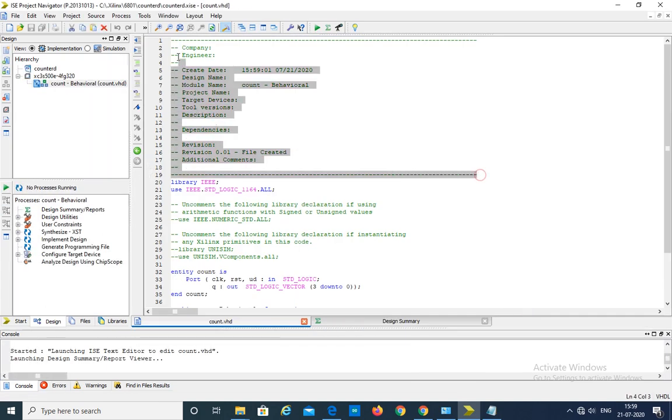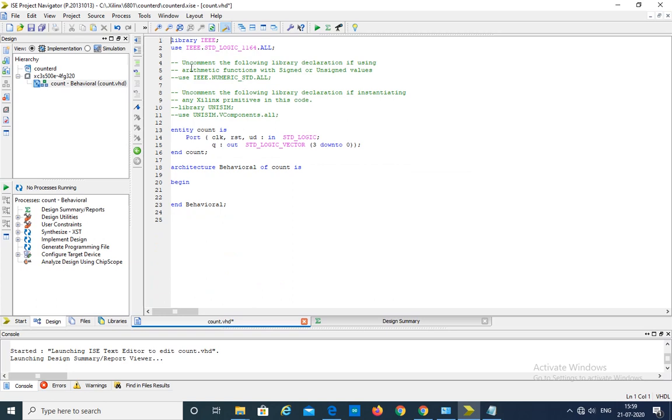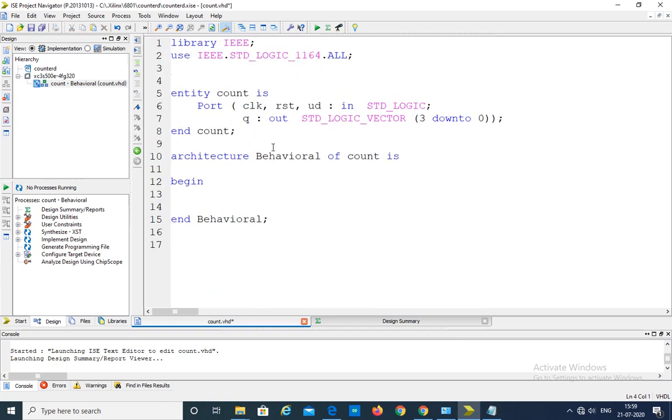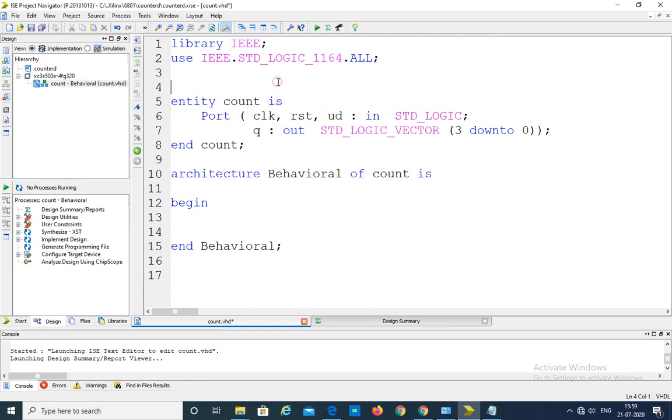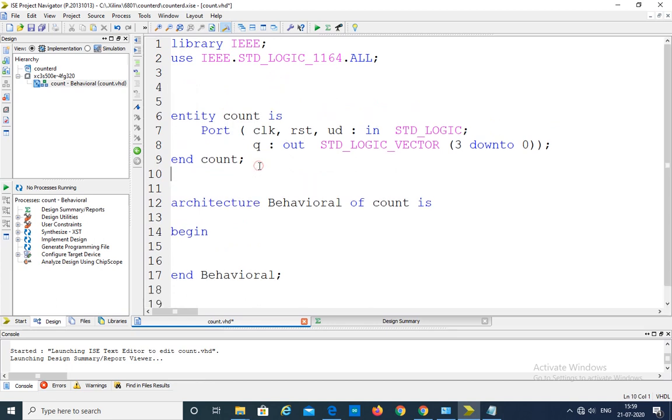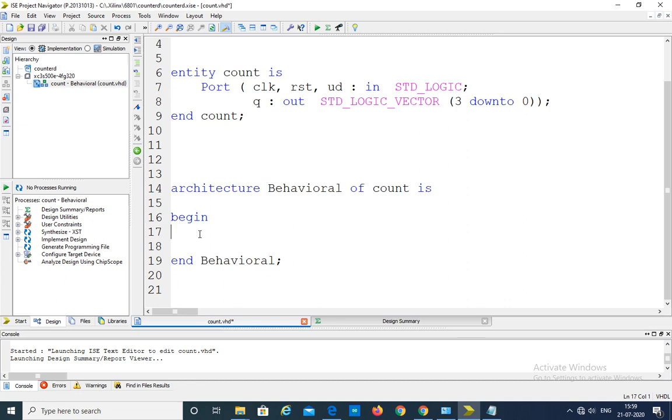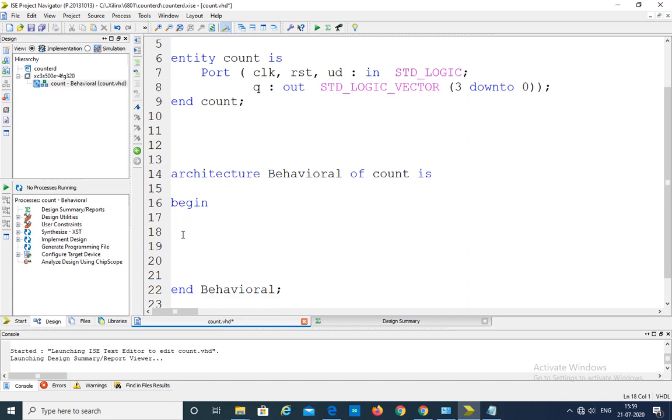We can remove these things. This is the main subsection. In the architecture part you have to write the actual logic. First we will check for reset.